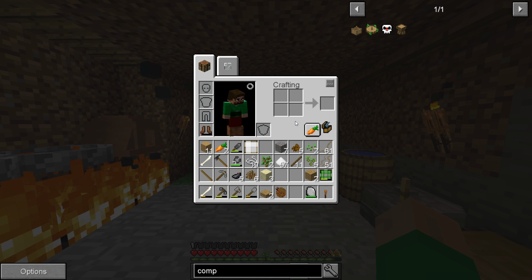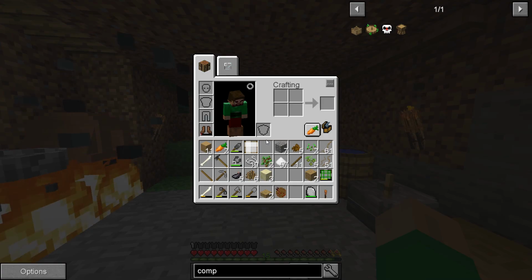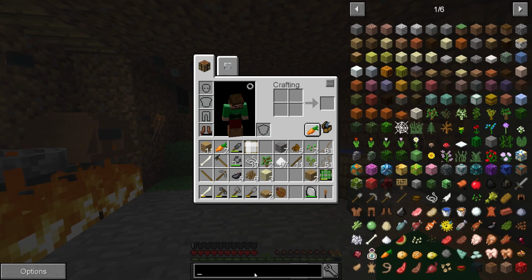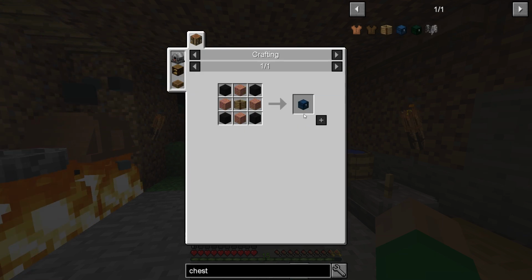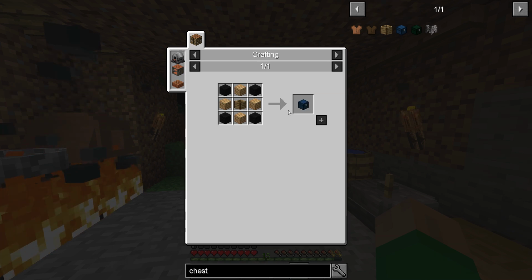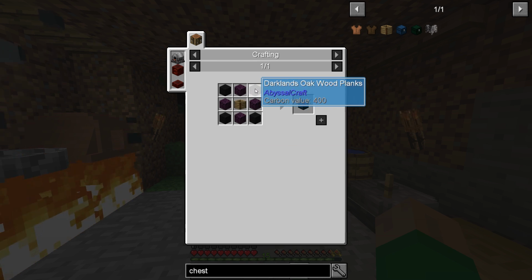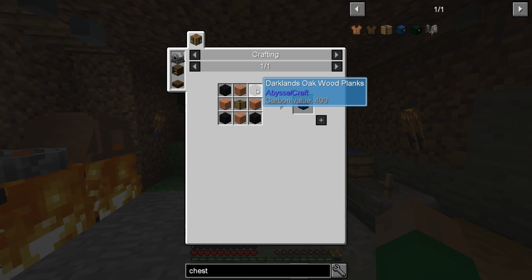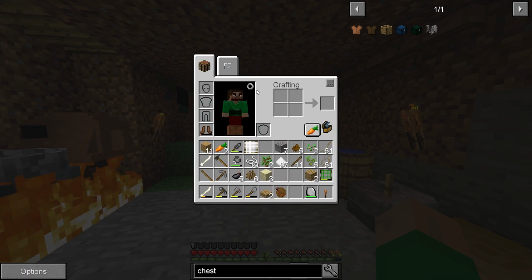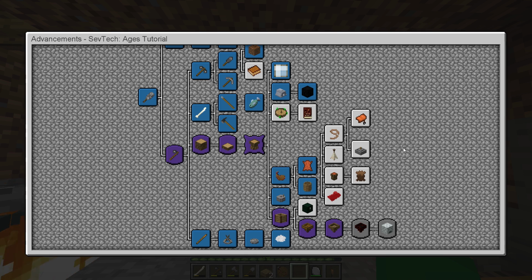But I think next time we might actually head out and try to find our Darklands biome so we can make some better chests. Because if we look at the primal chest recipe, this is a slightly better but not quite vanilla chest. It uses one of the chests we're using now, plus some regular wood, plus some Darklands oak planks. And the only place to get these is in one of the Darklands biomes. And unfortunately, the Darklands biomes are also full of all sorts of nasty monsters. And we haven't really gone out and done exploration, so